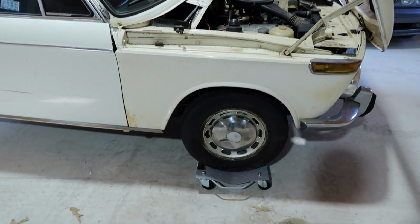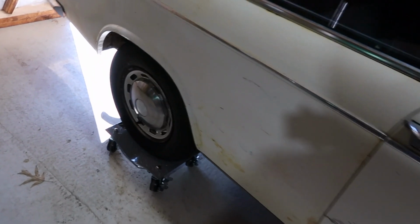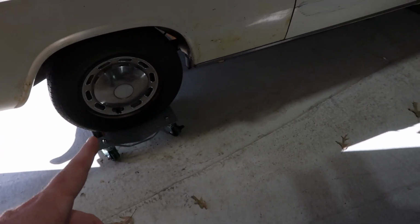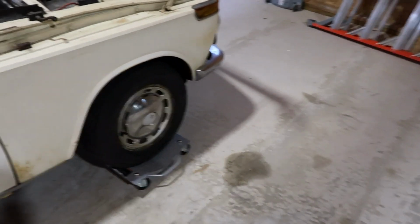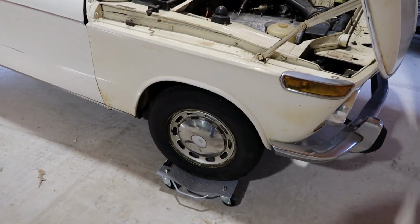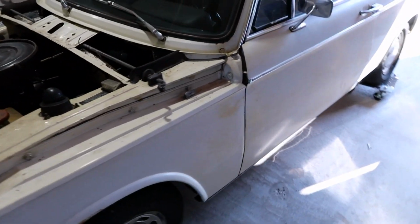car on the rollers. These are the upgraded Harbor Freight rollers, and the old ones are pretty flimsy. Like, you ever had a set of the older ones, the black ones, with just the swoop in them? These roll pretty good. For one, my floor is not clean. It's got water all over from this car, and it's got little bits of dirt on it, so we need to do a sweep in here. That being said, it's a little bit hard to roll, but I could do it still all by myself, no problem. So what we're gonna do today,